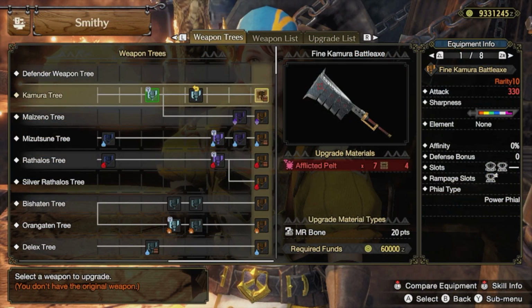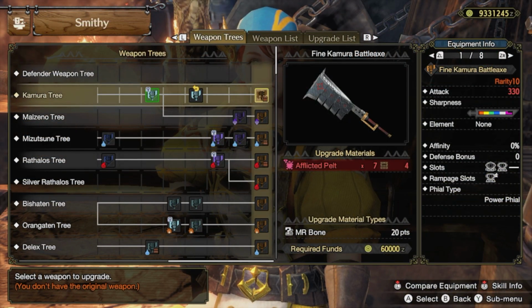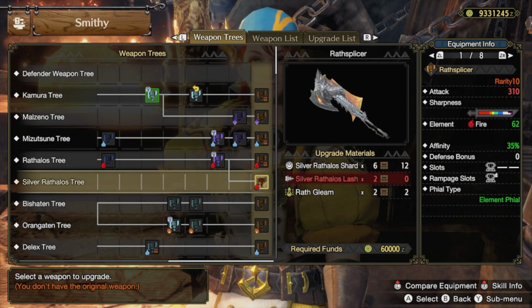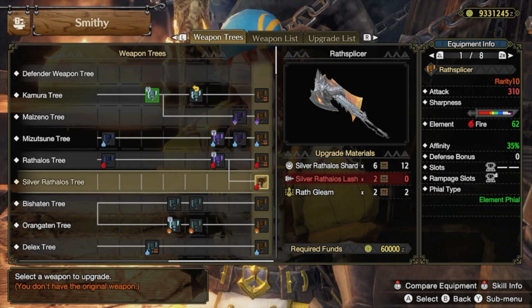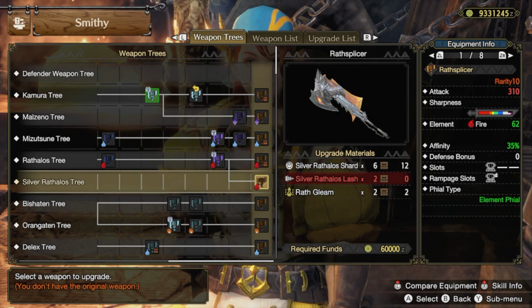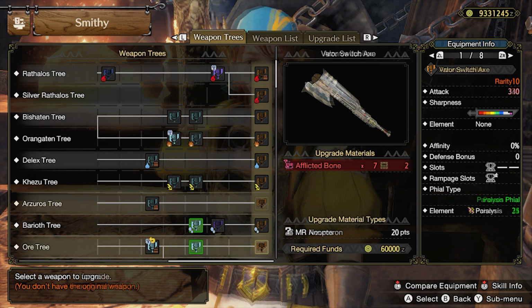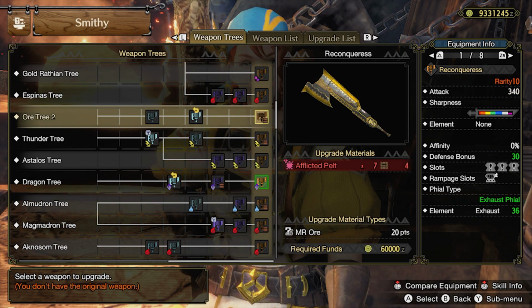So then what do each of these Phial types do? Power Phial increases your raw damage of your sword attacks by 15%, whereas Element Phial increases the element damage of your sword attacks by 45%. For Dragon Phial, your sword attacks will deal the amount of dragon element listed under the Phial type. For status Phials like Poison, Paralysis, and Exhaust, your sword attacks will instead apply the amount of status listed under